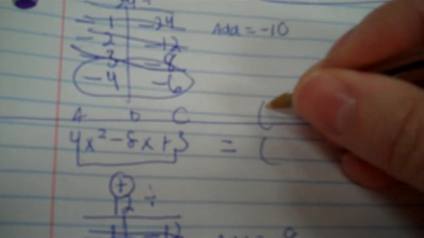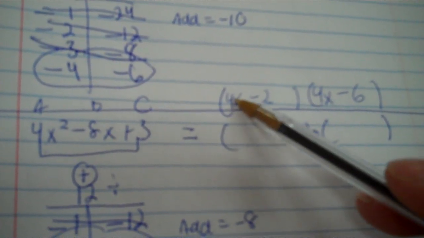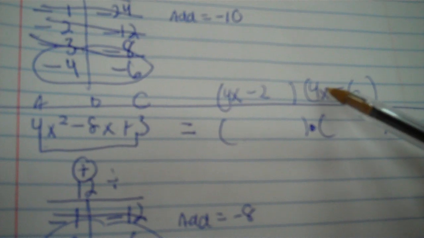And you are going to start each parentheses with 4. You're going to go 4 and 4. And then you put x and x, not x to the second. You break the x to the second up. Then you put your minus 2, minus 6. Now we know this is wrong because 4x times 4x in the FOIL is 16x to the second, which is